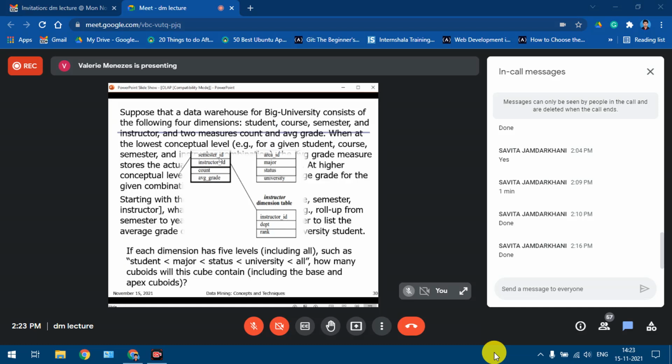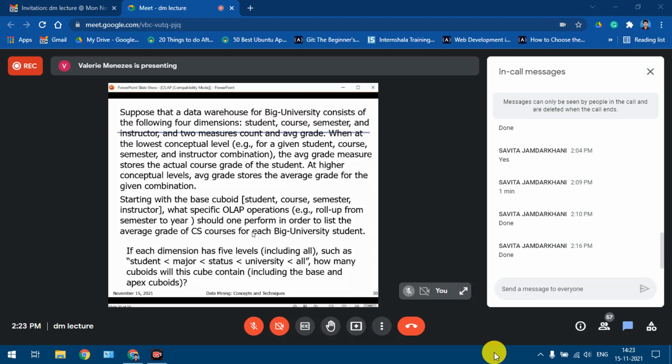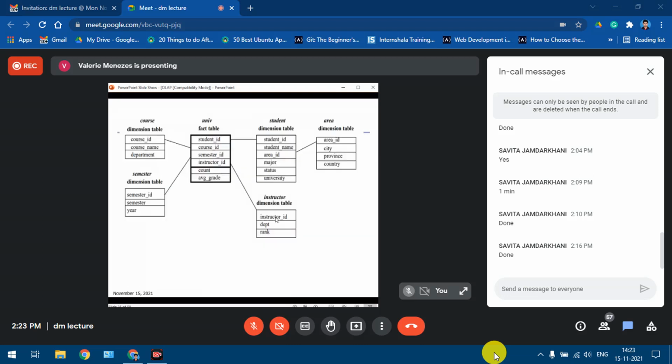Now the question says what specific OLAP operations can be done in order to get the average grade of CS courses for each university student. So if you want to find first of all the average grade for all CS courses, what you need to do? First, you need to do a roll up from course ID, course wise. So we need to find out the average grade earned course wise.